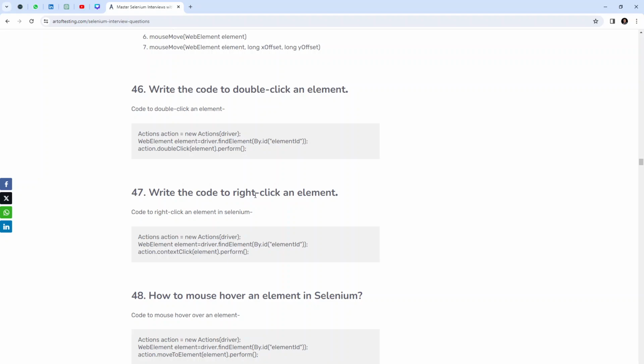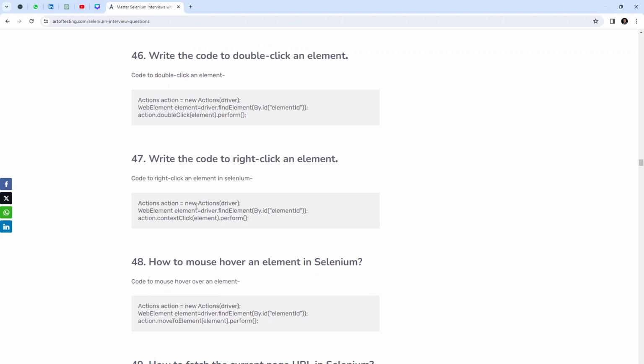Write the code to right click an element. Code to right click an element in Selenium. Actions action = new Actions(driver); WebElement element = driver.findElement(By.id("elementID")); action.contextClick(element).perform();